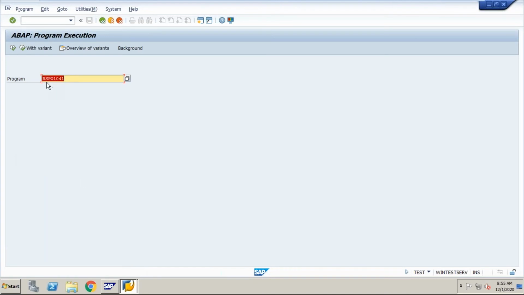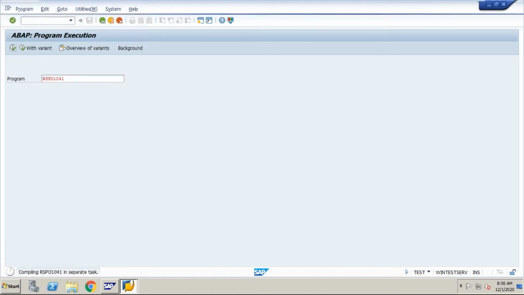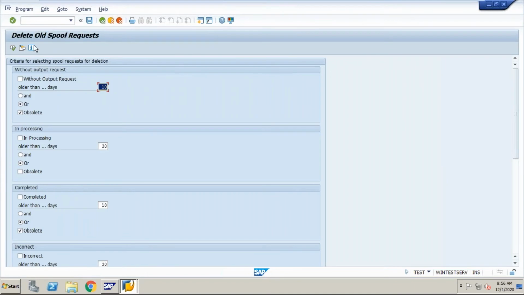Now our RSPO 1041. I click here, it will show why this program is running. What is the purpose of this program? See, it will delete old spool requests. What it shows is older than days. If I give 2 here, it will delete all records greater than 2.